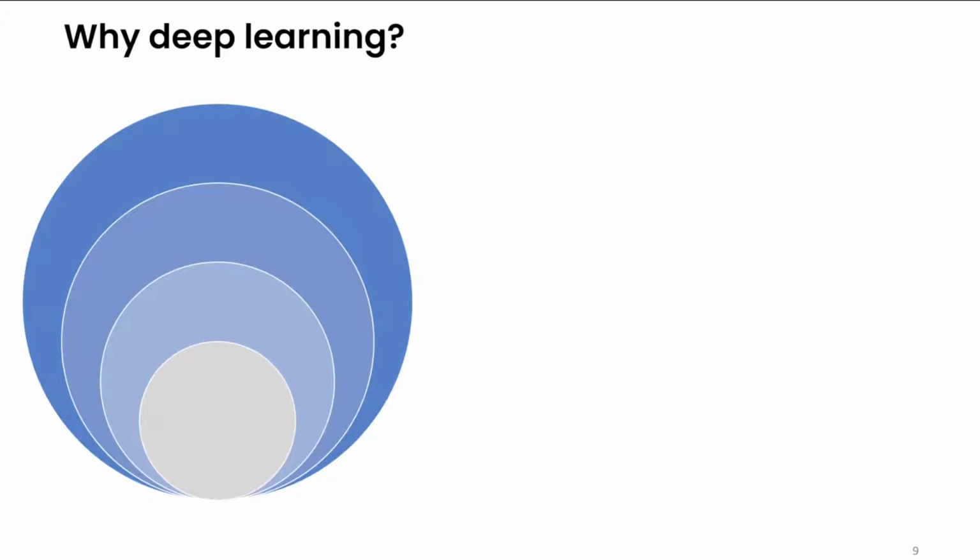So why do we need to use deep learning? This has been a question a lot of people have discussed. First, let's see what the difference is between AI, machine learning, and deep learning. Deep learning is about learning across many layers of neural networks accurately, efficiently, and without supervision. First, start with AI, artificial intelligence.